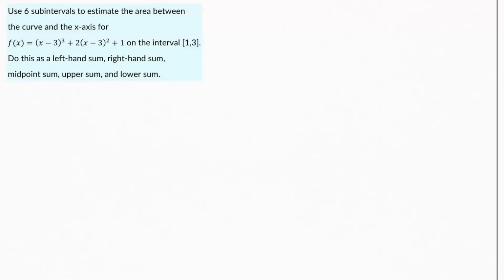Here we have an example where they're asking us to use 6 subintervals to estimate the area between the curve and the x-axis for this given equation right here on this specific x interval. And they're asking us to do this as a left-hand sum, a right-hand sum, a midpoint sum, an upper sum, and a lower sum. So all of our different options for how we could do what is better known as